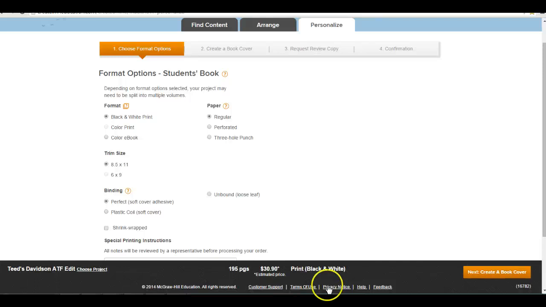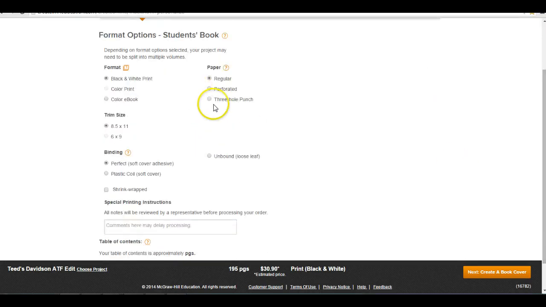So right here, I'm going to select black and white. We can also make this a color ebook. They say color, but it's really just going to keep that blue in there for the headings that we talked about. We can also make this perforated 3-hole punch. So you can make this any way you want to. Even if you wanted to get a collection of documents and you really wanted it to be like a workbook for your students, you could choose that right here. I'm just going to keep it regular black and white print, regular perforated